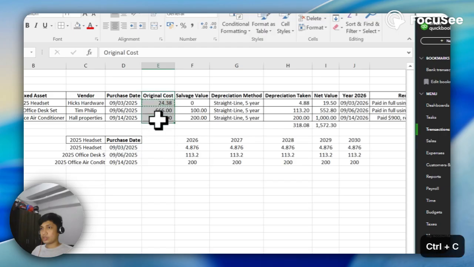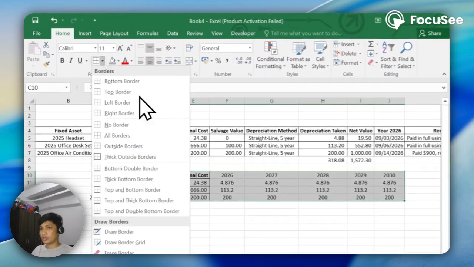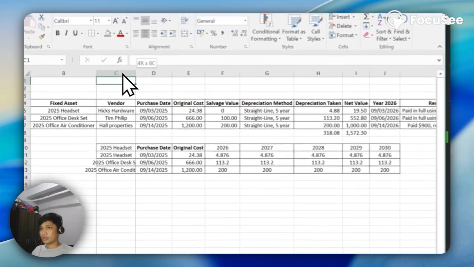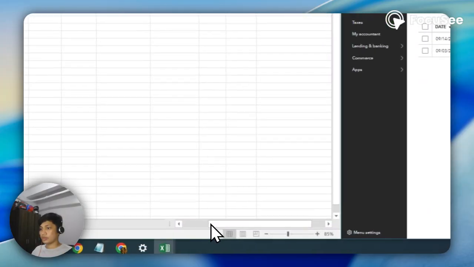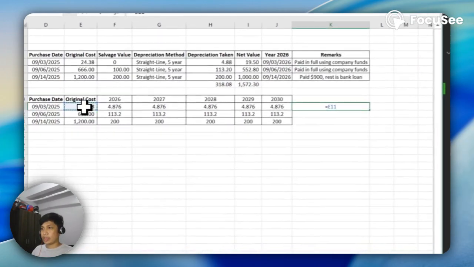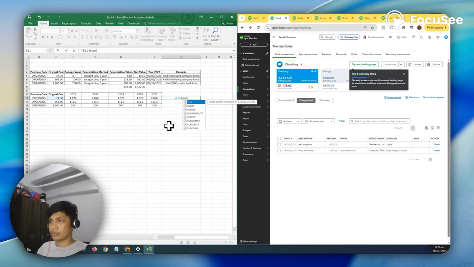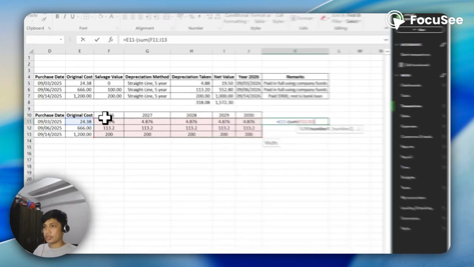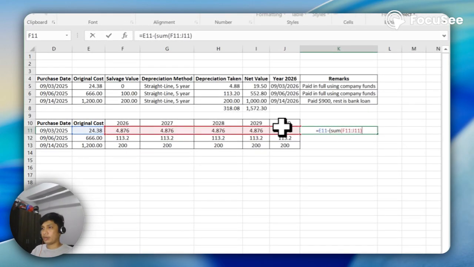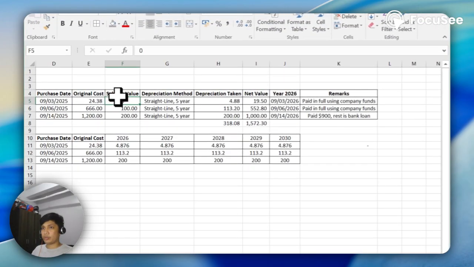The original cost. Let's fix this. In 2030, the value of the asset will be the sum of these 5 years' amounts, so it will be zero after 5 years, or in year 2030.